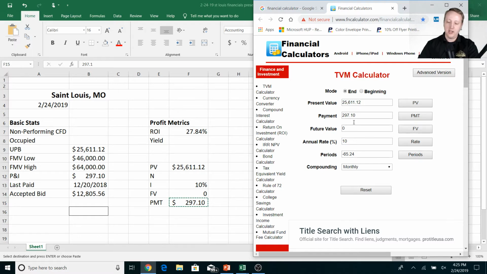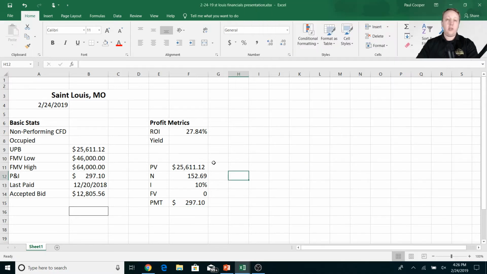And the reason this is negative is because I didn't make the payment negative. You need to make the payment negative because then it knows that it's subtracting that amount from the UPB. So we have roughly 152.69 payments left. So now that we have all of our numbers calculated for us, we can do some other proper yield calculation